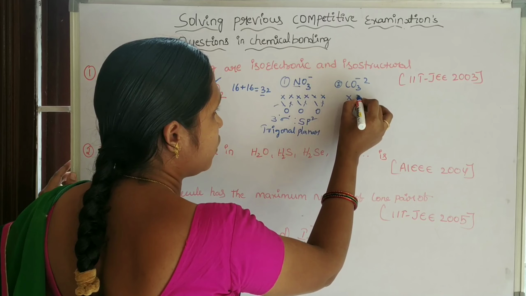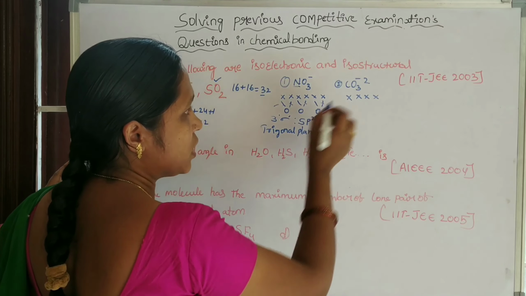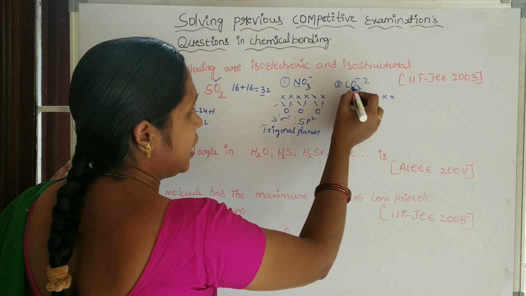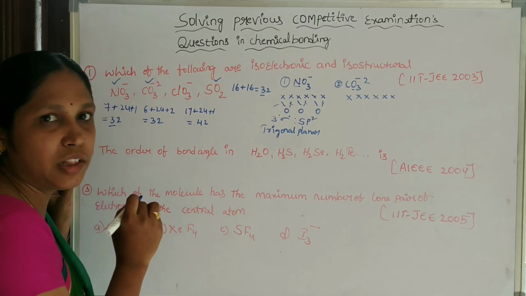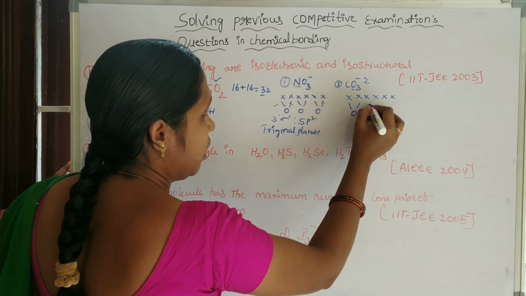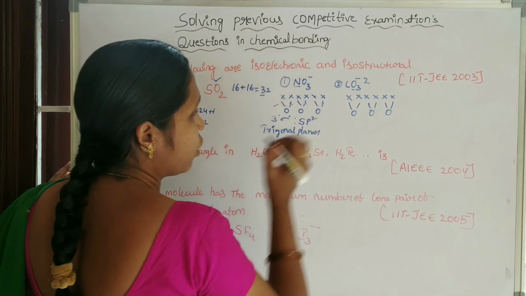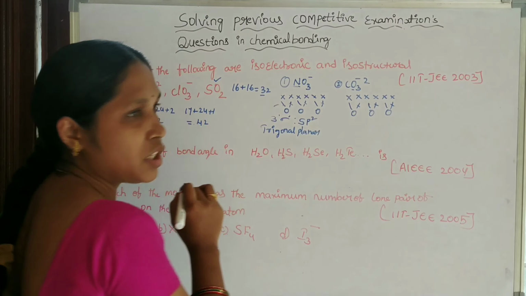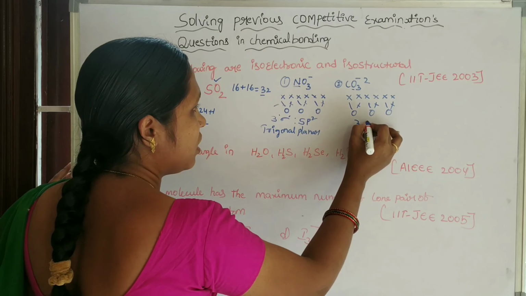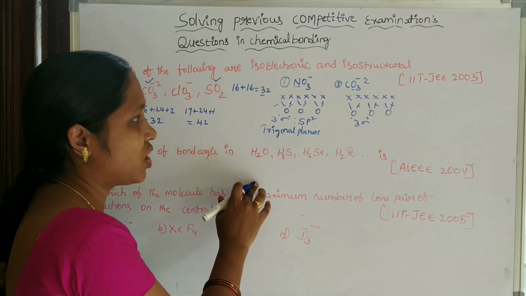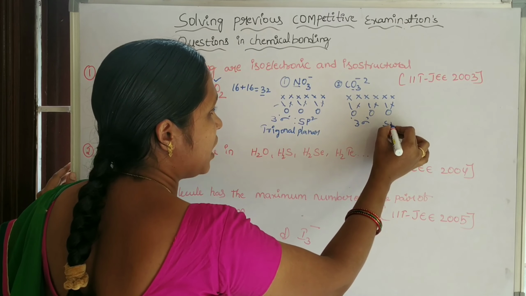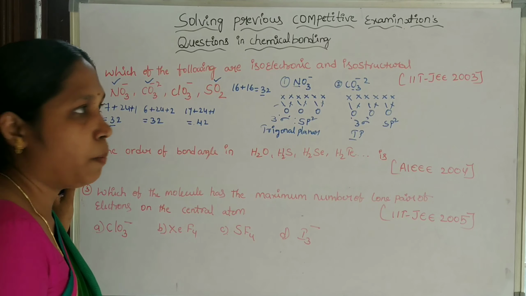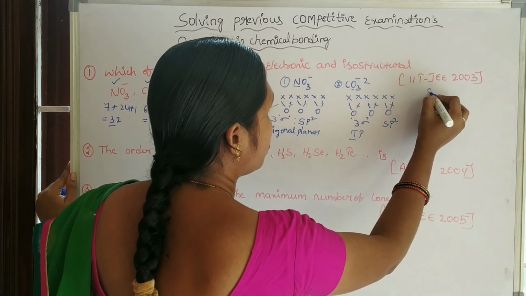Here carbon is a fourth A group element, so take 4 electrons, and the ion carries 2 units negative charge, so take 2 electrons. It is also surrounded by 3 oxygen atoms. Each oxygen combined with 2 electrons, means 3 oxygens combined with 6 electrons. Here also 3 sigma bonds and 3 pi bonds. We will consider only the sigma bonds in explaining the structure. So 3 sigma bonds means the hybridization is sp2 and the shape is trigonal planar.